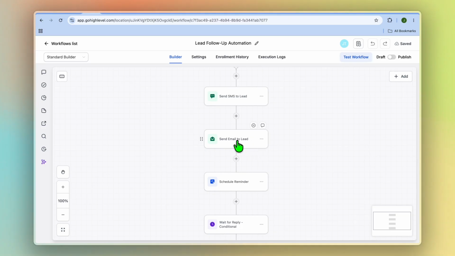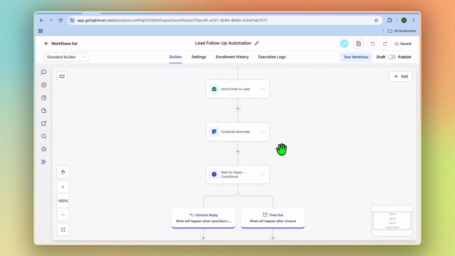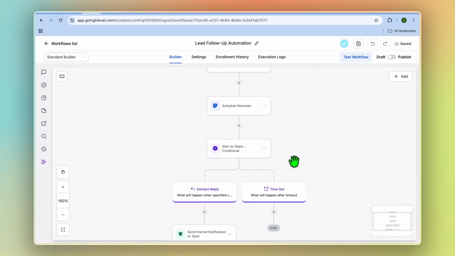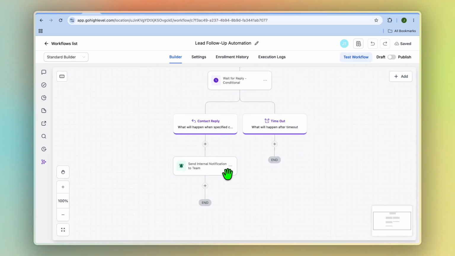Then I can also send them a follow-up email. After doing that, I can schedule a reminder. Then depending on their reply, I'll send an internal notification to my team. So this is perfect. Another example is if someone requests a quote from your local business, they can instantly receive